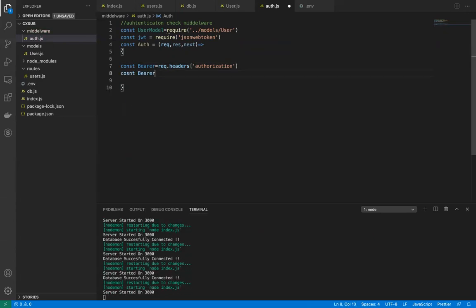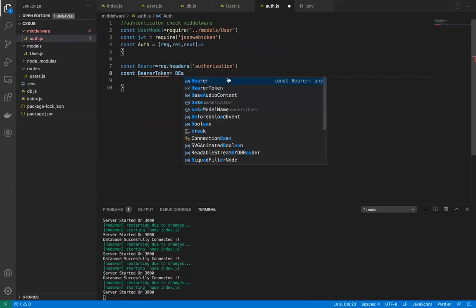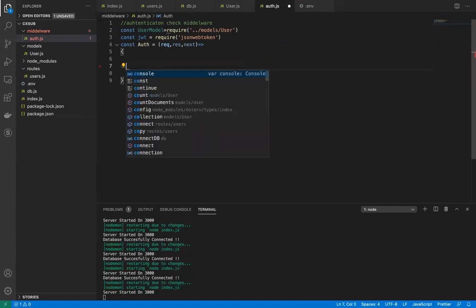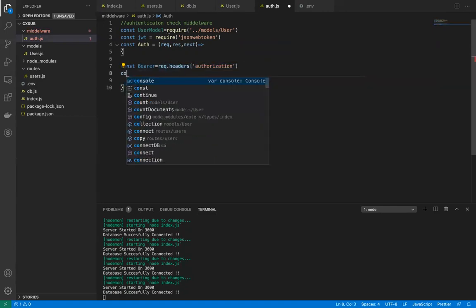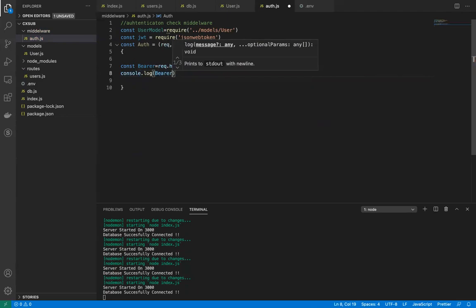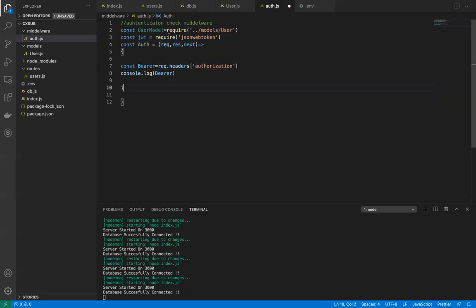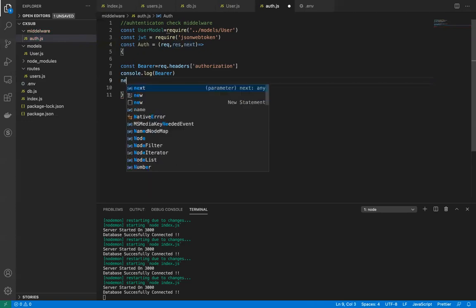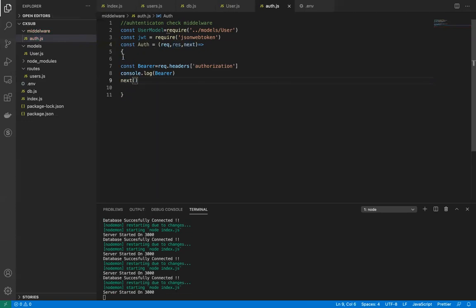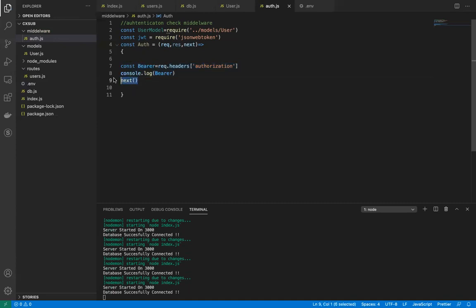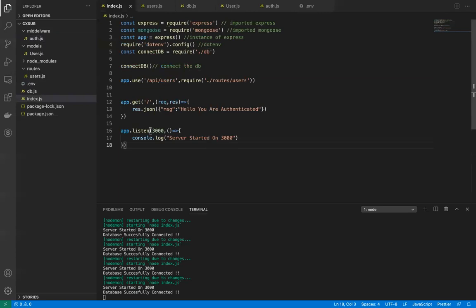Then we are going to get the token value. How are we going to get it? First of all, let's console.log how the bearer looks when we receive it in our code. This is the middleware which we are creating, known as authentication, and we have request, response, next. How is it going to work? We can call this next function. It means first run this code and then pass to the next particular route. Let me show you an example.